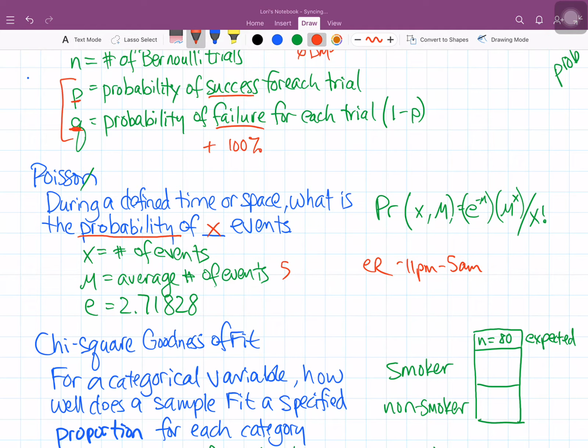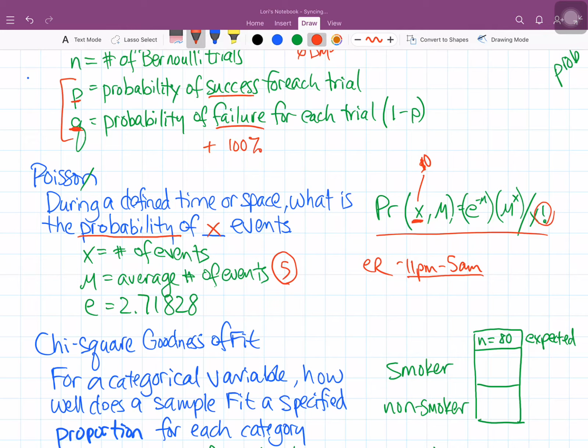And again, you can see the equation over here on the right hand side. It has a factorial in it. And we need to know the number of events that we're testing for. Let's say we, on average, have this situation where we have 5 events, and we want to test what the chances are, what's the probability of having only, say, 3 visits that particular night, or what if we want to know the chances of having 10 for that particular time frame.